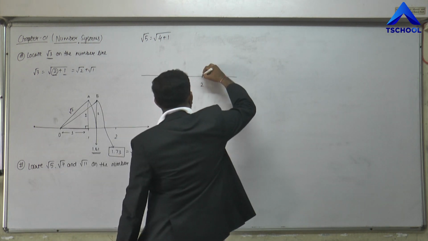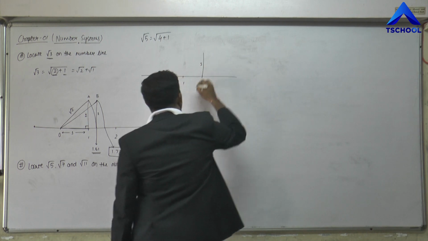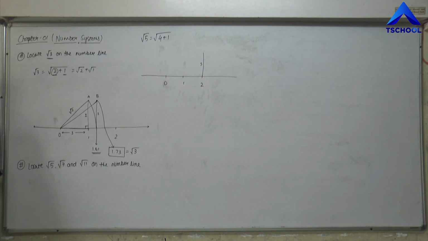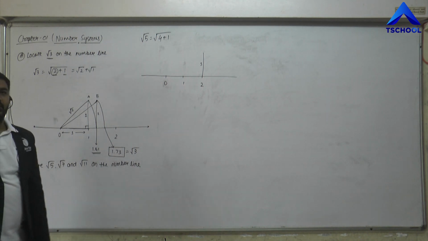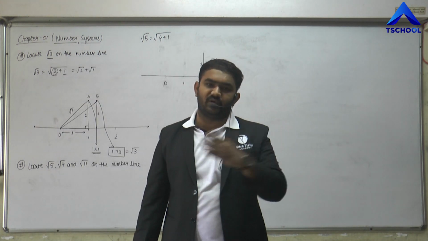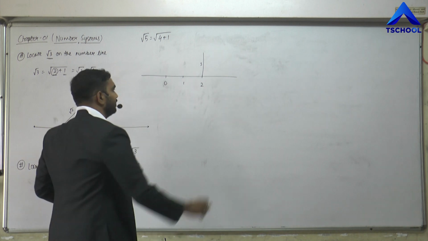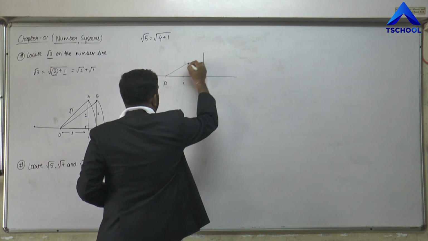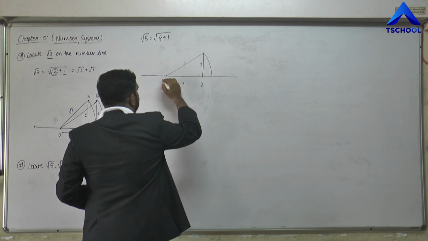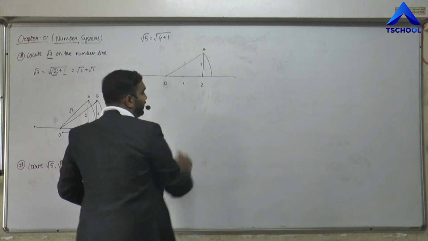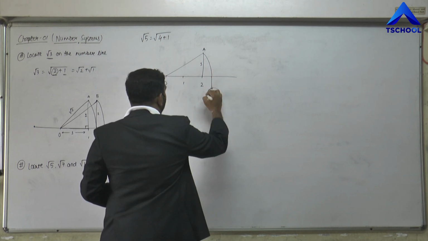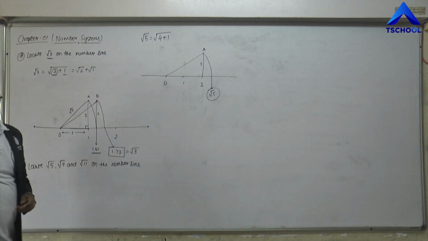You are going to draw a perpendicular line of 1 unit. Note that, friends, this perpendicular line will always be of 1 unit only, right? You are not going to take it like, if it is asked for root 5, then root 3 plus root 2, then draw a perpendicular line of 2 and then connect. That will give you the wrong answer. Again, let me connect this tip over here and I shall make an arc such that the radius is equal to OA with the help of a rounder. The value that you get here on the number line will be exactly equal to root 5, that is 2.25.